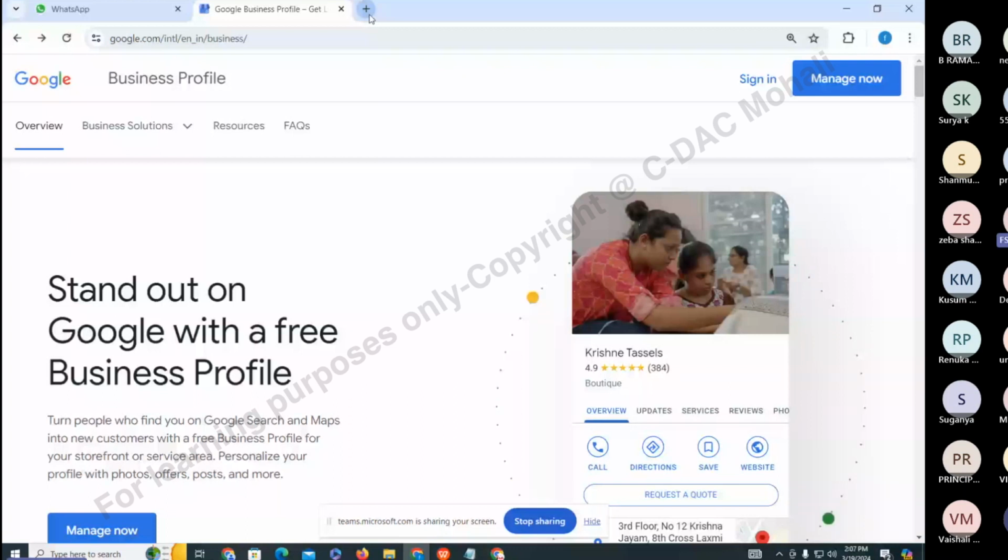So here we go. First, Google My Business page. What is a Google My Business page and why is it important for us to have our presence online on Google My Business page? First of all, how does a Google My Business page look? So here, let's say I search